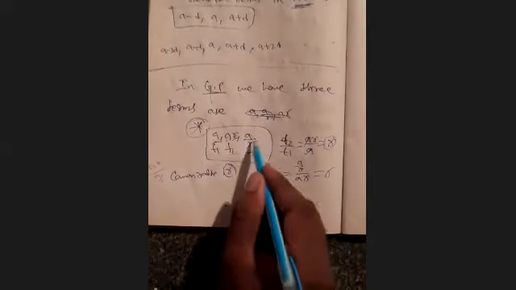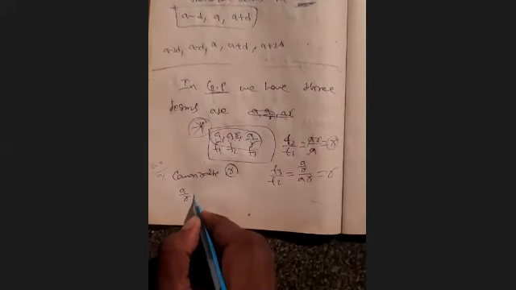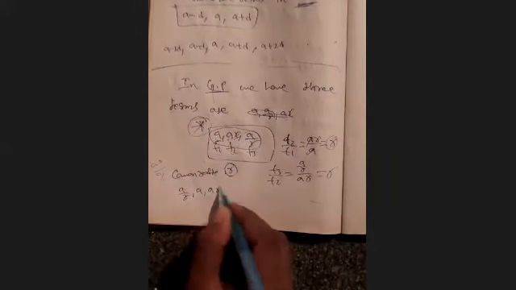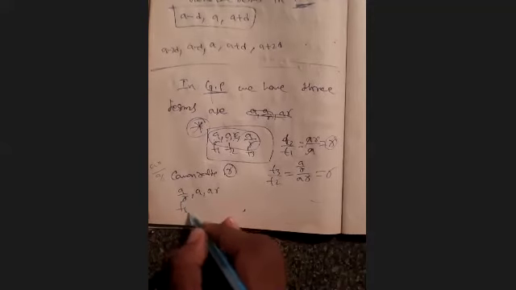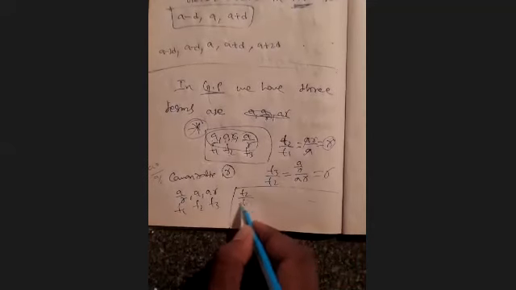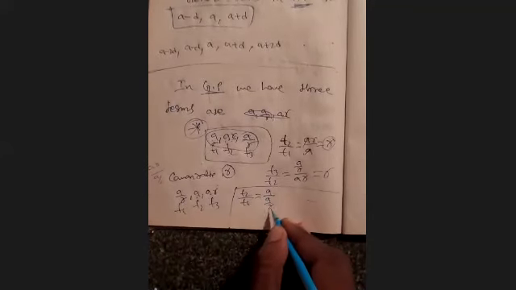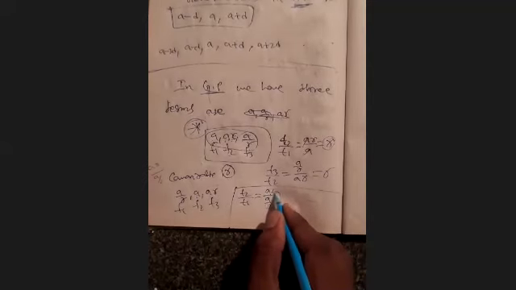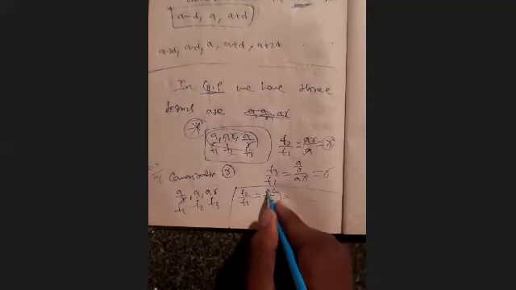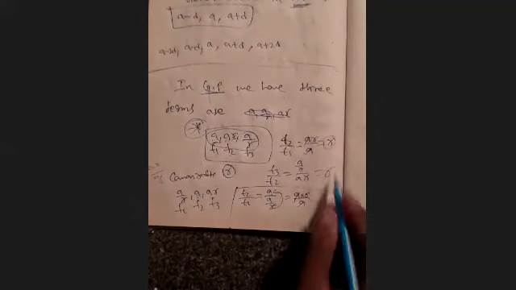That's why the terms are the same, A, AR, A by R, but the order is wrong. What is the order? A by R, A, AR. Now we will check. First, this by this, T1, T2, T3. T2 by T1 is A by A by R. The denominator of the denominator will be the numerator, I told you. Then the R will be the multiple, R by A, A cancel. What we got here? R.